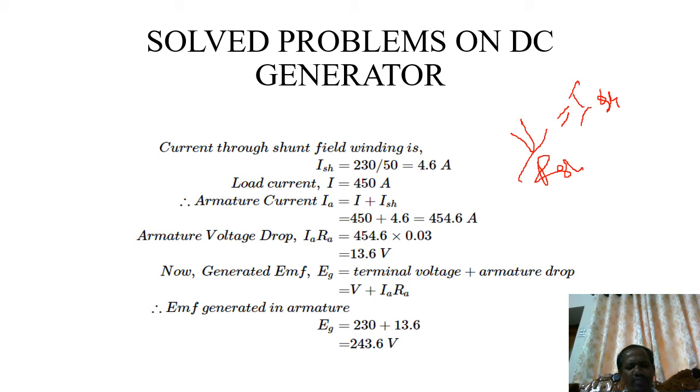This is the solution. If you are going to solve any problem, you must follow this process. First you draw the circuit diagram, write the direction of the current, how much voltage is induced in the armature, note all the data given, and solve for the generated voltage. Whatever the question asks, you can calculate. Right. Next,